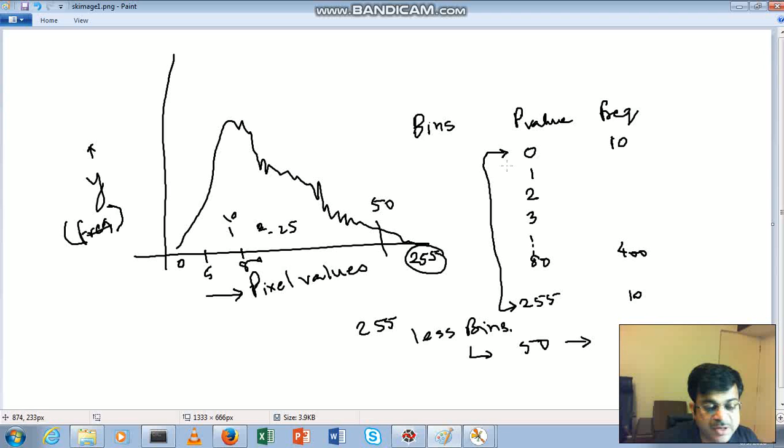So let's say the first bucket would have pixel values, 255 divided by 50, about 5. So every bin will have pixel values with a width of 5, right? So the first bin will have pixel values ranging from 0 to 5. The second bin will have pixel values ranging from maybe 6 to 10. The next one will be